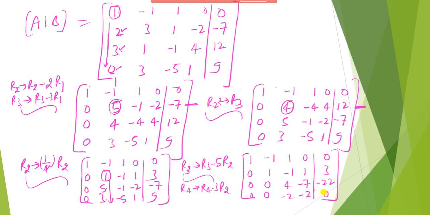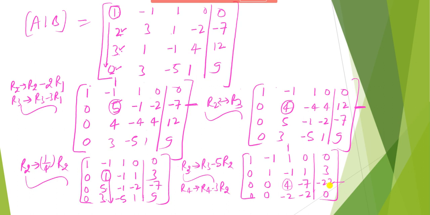So now here in the third row and the third column, that is, this is the third row and this is the third column, so this entry is the key element. Now this entry should be 1, and if we divide this row by 4, then the reduced elements of this row are 1, -7/4, -22/4. So values in this row are fractional.